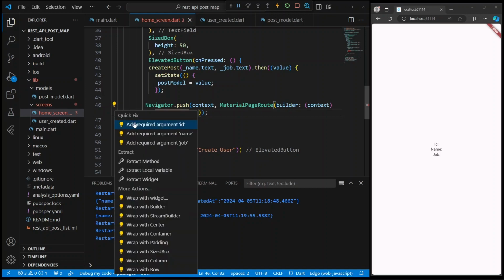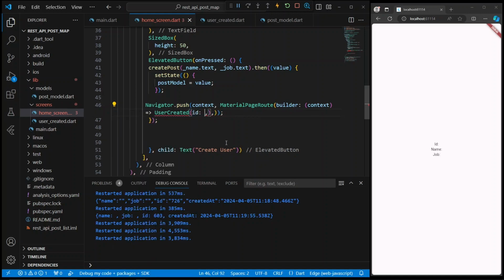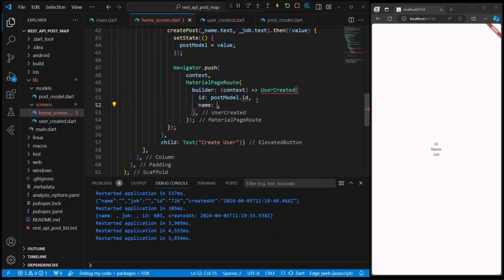After passing this parameter, home screen requires related information, so provide the required information.